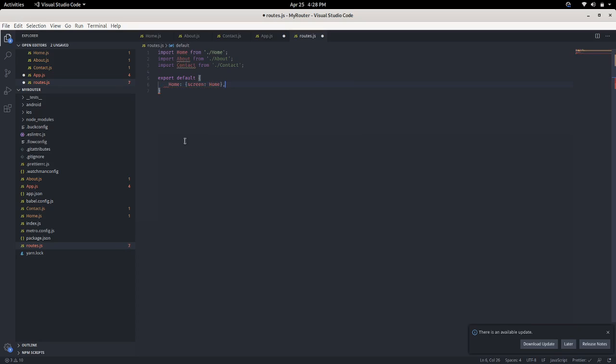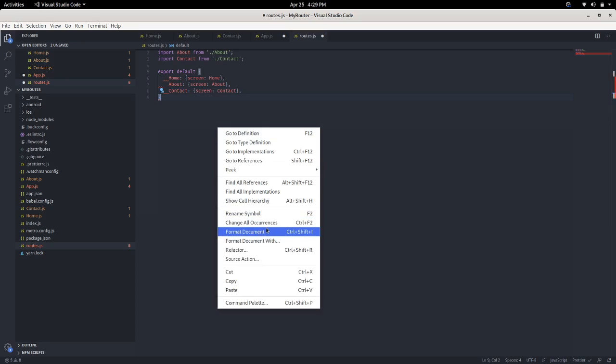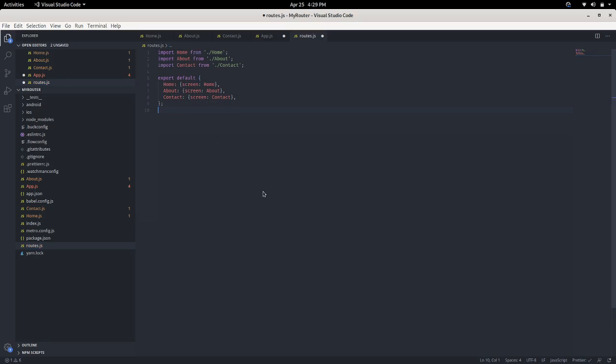This way we can export all those files: home, about, and one more thing, contact. So our routes file is prepared.